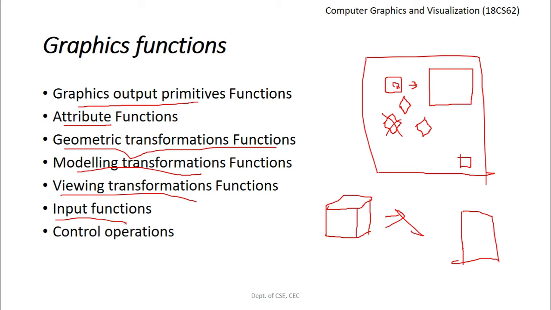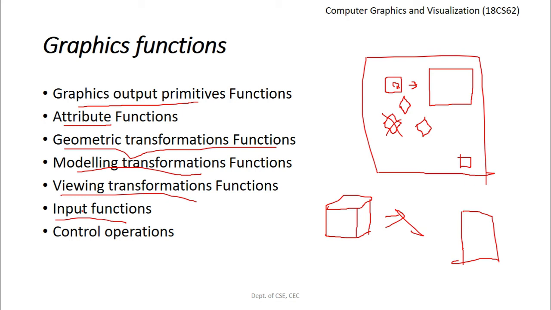That is controlled using these input functions. Or how should you handle the event from an input device? That is managed by these input functions. Maybe the keyboard, maybe the mouse, or some other input device. How can we control the graphics on a scene, or how can we interact with the graphics on a scene? That is achieved using these input functions.